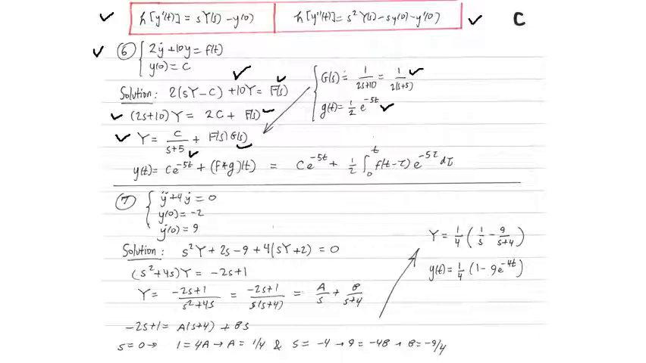So now we have big Y in the form that we want, so we're ready to do the inverse Laplace transform. The inverse Laplace transform of the first term is c e to the minus 5t. The inverse Laplace transform of the second term is that convolution. And in the last step, we just wrote out what that convolution would look like, where f is whatever right-hand